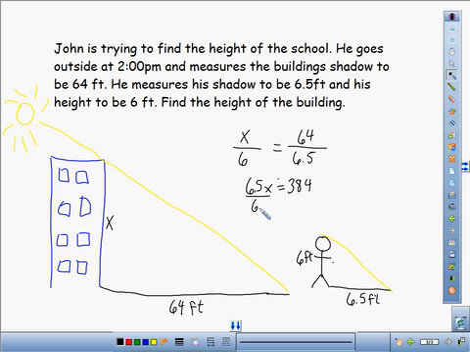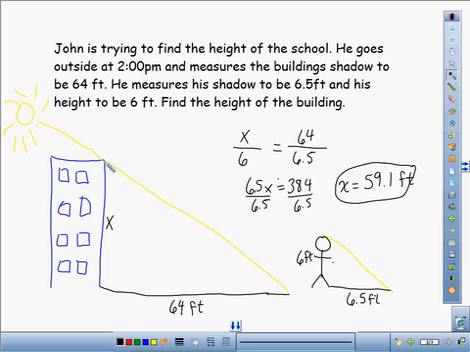One-step equation. Let's just divide by 6.5. Divide by 6.5, and we get 59.1. So the building is roughly 59.1 feet, which is very handy because, as you can imagine, it would be very